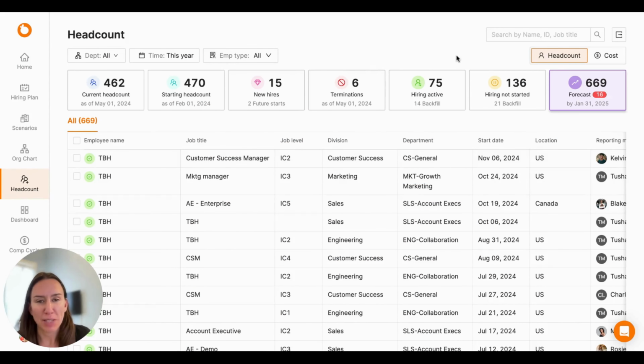One of the most difficult aspects of headcount management and headcount planning is getting a single source of headcount truth. Most companies have people data in their HR system, they have finance data in their FP&A system, they have hiring data in their ATS, and then they have a hiring plan that sits separately. And in order to get to a single source of truth, there's a ton of exporting, a lot of data reconciliation, a lot of cleanup, and then you get